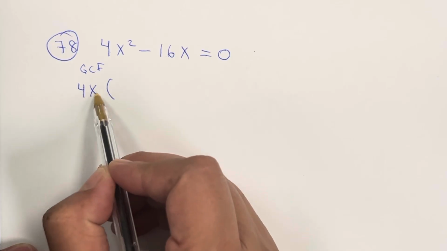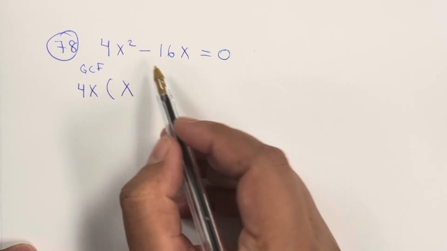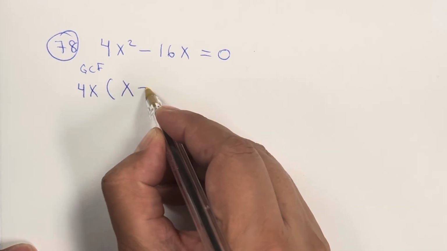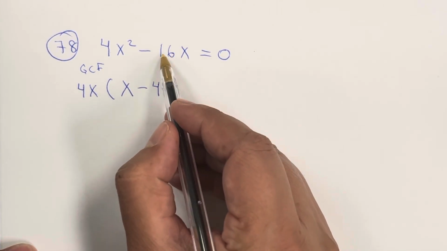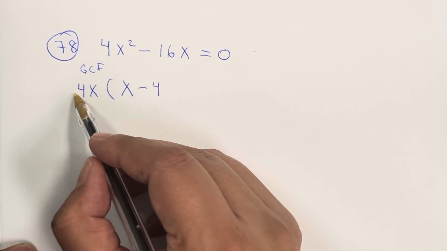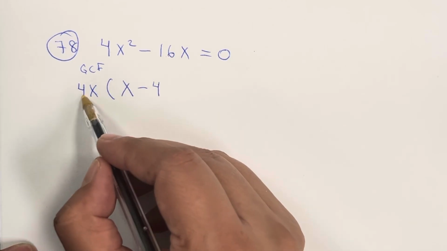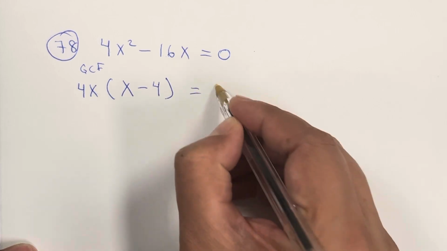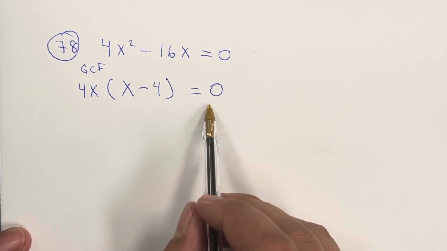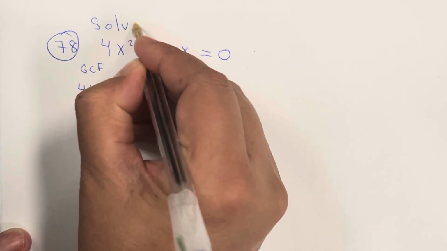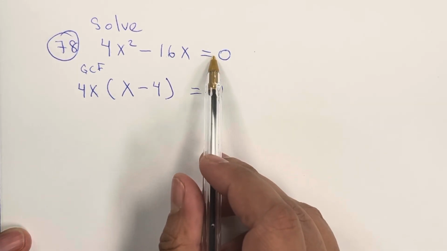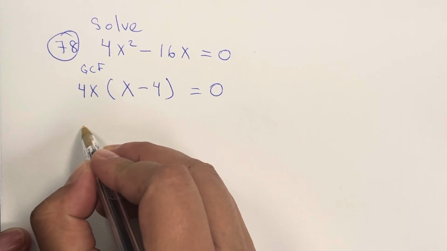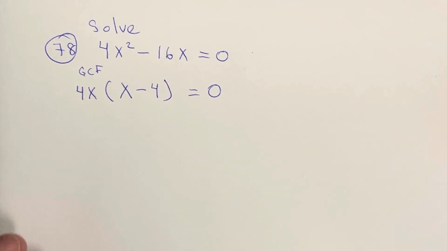4x squared divided by 4x is x. Negative 16x divided by 4x is negative 4. Because negative divided by positive is negative, 16 divided by 4 is 4, and x divided by x, we just cancel it, so that's it. When it says solve, it's because you have an equation, and that equation should be equal to 0, okay? For the solution,